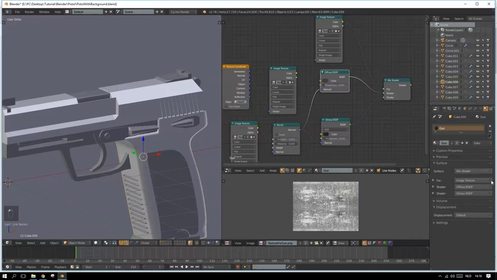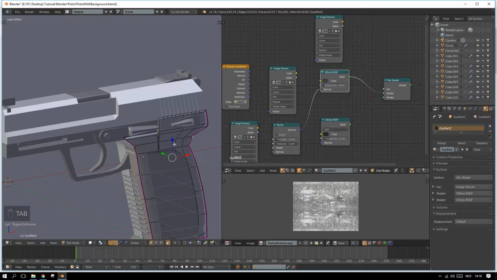So yeah. Next thing I'm gonna do is just take the next part of the gun. I'm gonna press 2 because I want it to be a different material, and I'm gonna call it gun part 2. I'm gonna search which part it is. I didn't rename it. I should have renamed it, to be honest. So okay, I'm gonna just change that name to gun part 2. Okay,